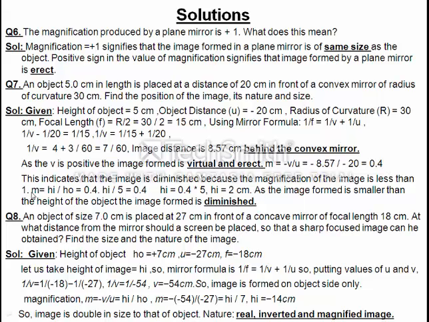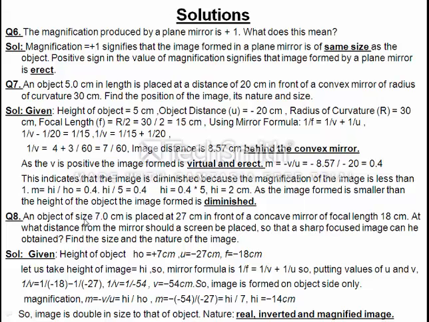But we will solve it also. M is equal to Hi by Ho, or somewhere it is written He by Ho. So M is He by Ho, that is 0.4. So He by Ho is given as 5, equal to 0.4, or H is equal to 2 centimeter. So the object height is 5 centimeter, but the image height is 2 centimeter. So we can say the image formed is smaller than the object. The height of the image is smaller than the object, means the image is diminished. Okay, so now our last question.